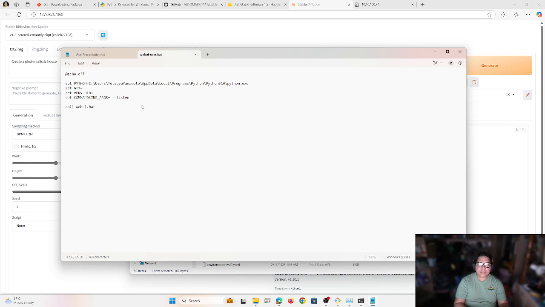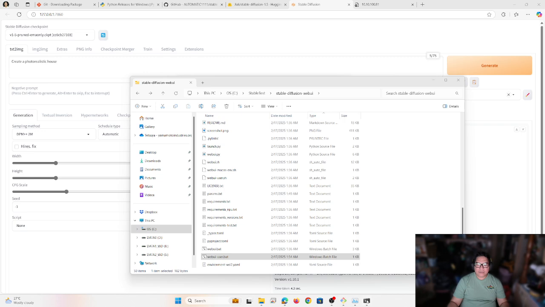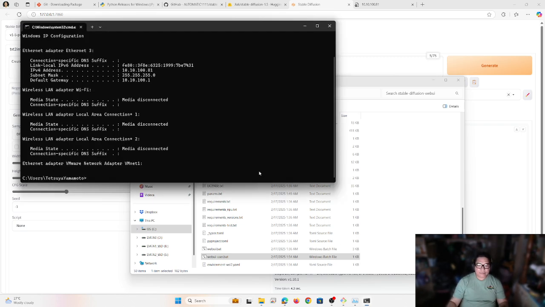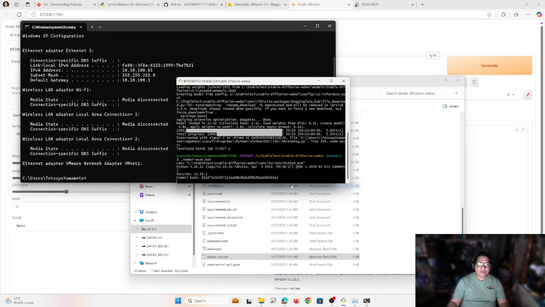So what if I want to use it as an API? You can actually use Stable Diffusion as an API installation. To do that, you just need to specify API. That's it. Then you can use the URL and communicate with it. So if you have a system that's just generating images, and you have a front end that you want to use, you can use it. Okay, I'll just save it again. Let's close. Oh, sorry. And then let's call the bat again.